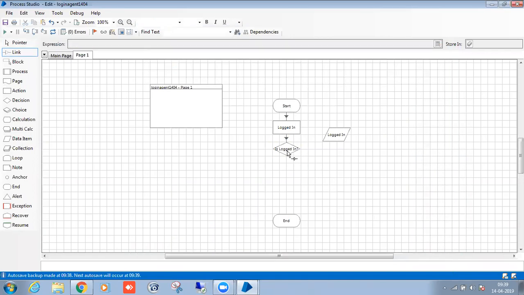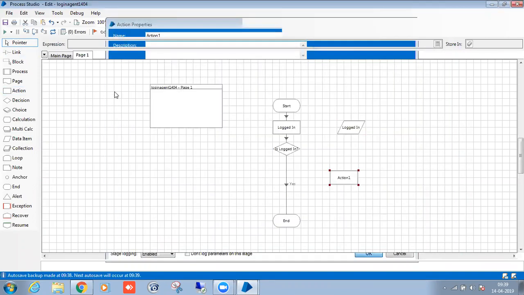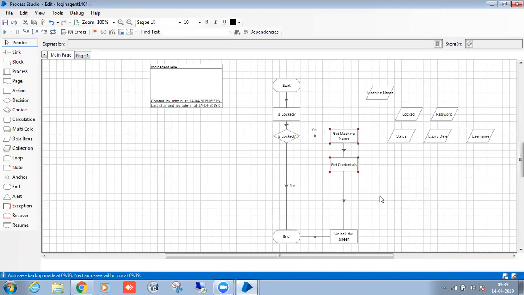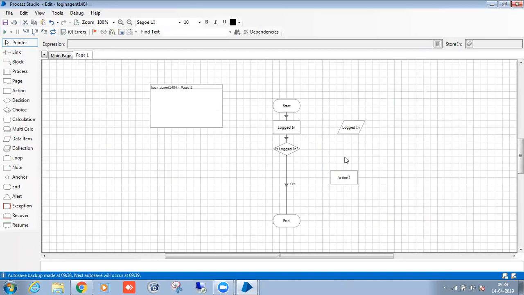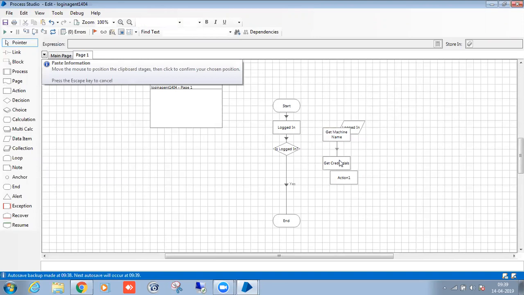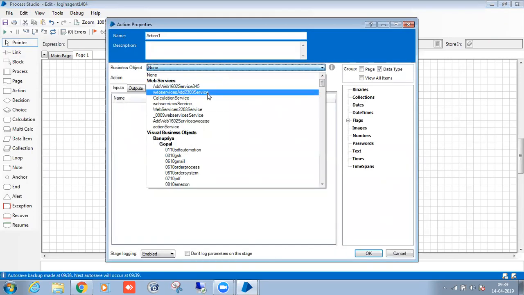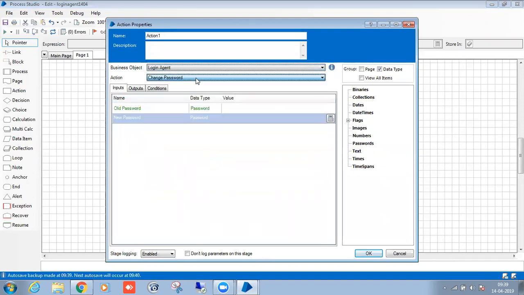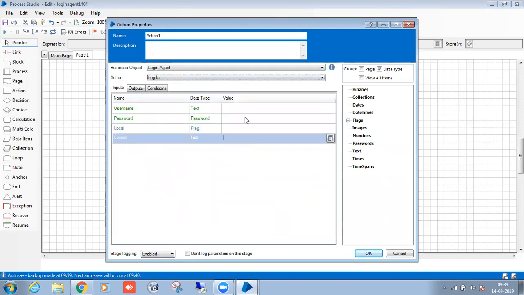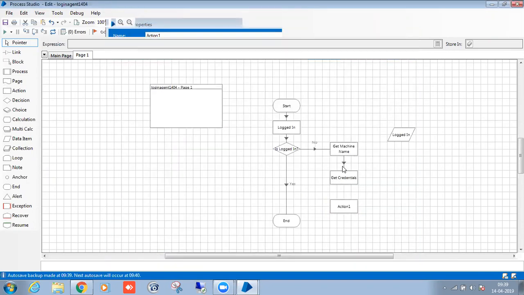So same login. If you want to log in also, you need to get the credentials, right? So same, I can copy the same step here. Here I will give the login function. The user and password, you're going to get from the credentials, right?